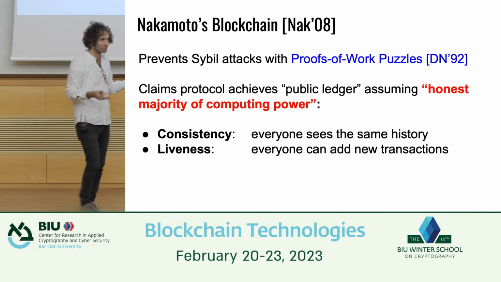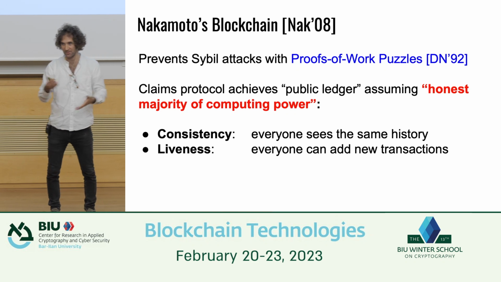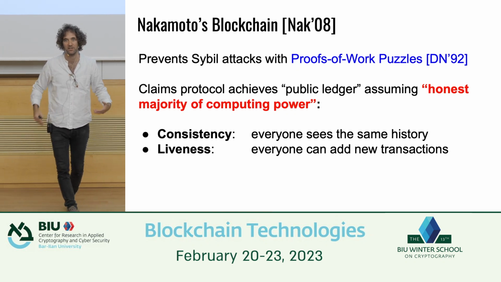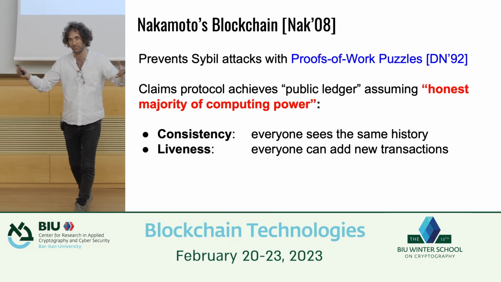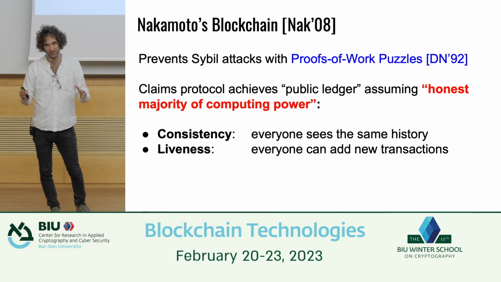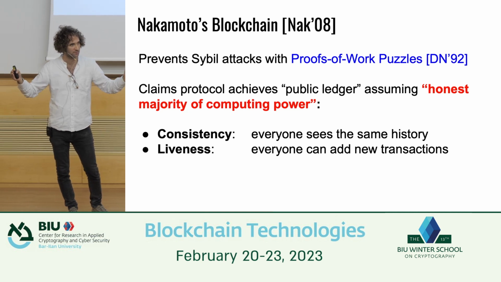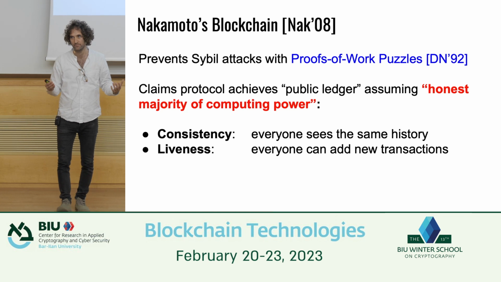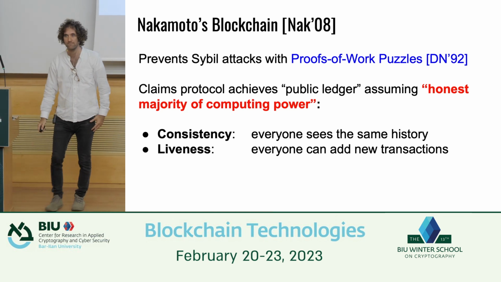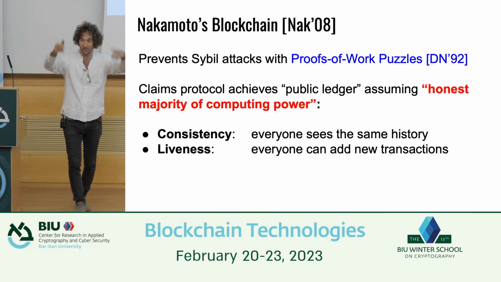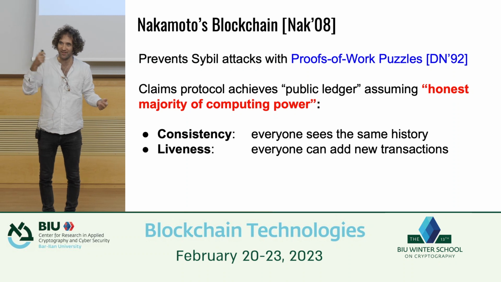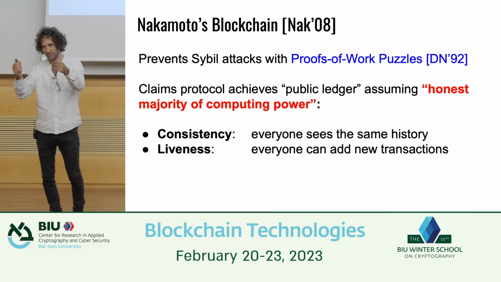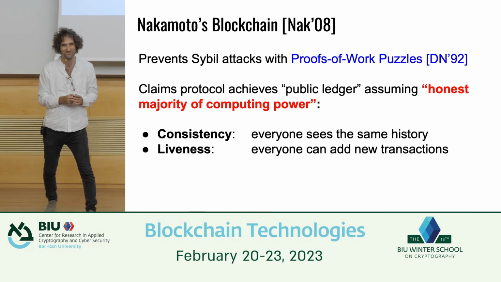Now, instead of requiring something like 2/3 of the guys to be honest, we make an assumption about the computational power of an attacker. As long as the attacker's computational power is less than half of the total power out there in the world, the protocol is going to be secure. It's voting weighted by computation. In order to vote, I need to waste some computational power. I need to burn 1 tree for every vote I'm submitting. Okay?